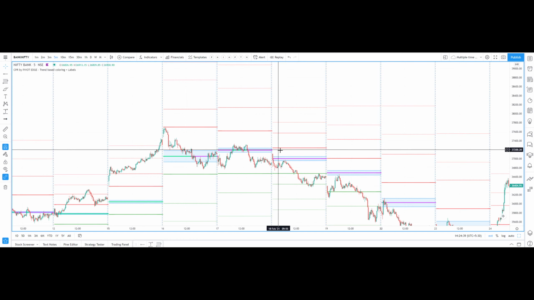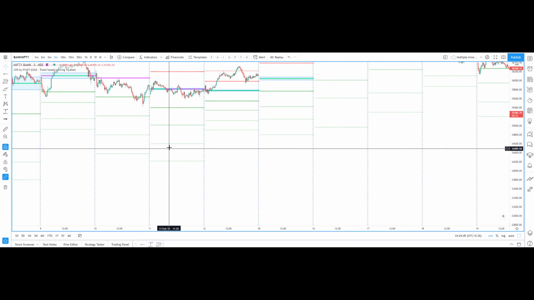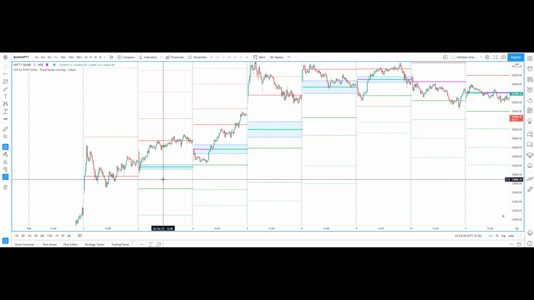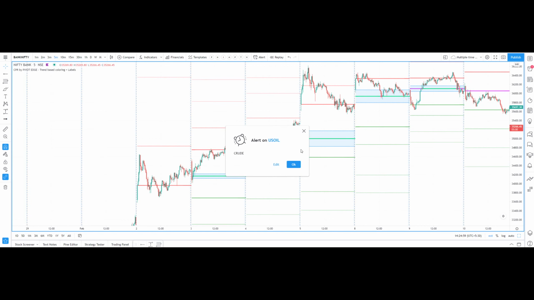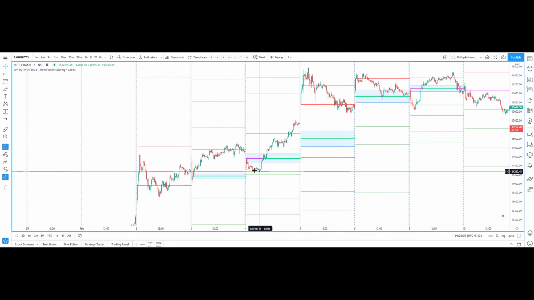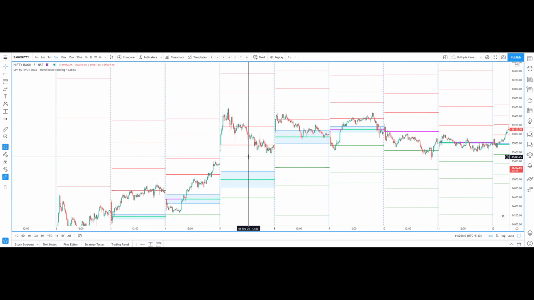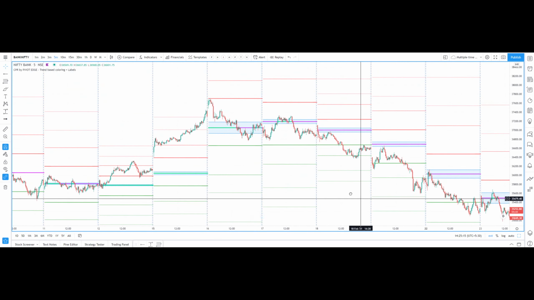The R1 or CPR. Whenever there is a downtrend, whenever there is a resistance at R1 or CPR, you can go for short positions. And in an uptrend, you can go long at your support S1 or CPR. See, at CPR, go long, book profit at R1. When it comes close to S1, go long and book profits at CPR or R1, whichever is your convenient risk reward. Okay, so that is how you can use this indicator.